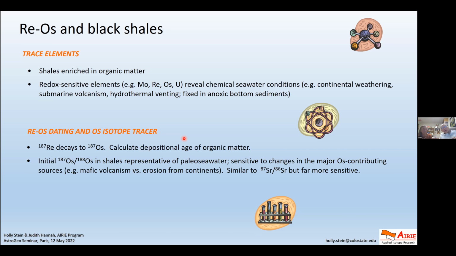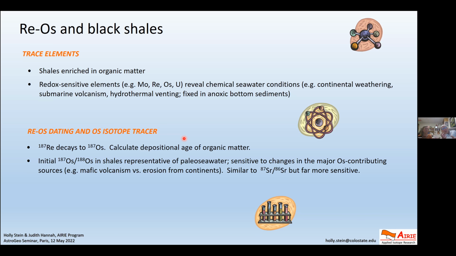Now, this organic matter contains redox sensitive elements like molybdenum, rhenium and osmium, uranium, several others. And those elements are trapped in, attached with the organic matter, and they reflect what the seawater conditions were at the time. So if you have super high rhenium in a shale, or molybdenum, or any of these elements, then somehow that seawater, in the most general sense, has delivered that into the organic material, which then becomes sequestered at the bottom and later is lithified into shale.